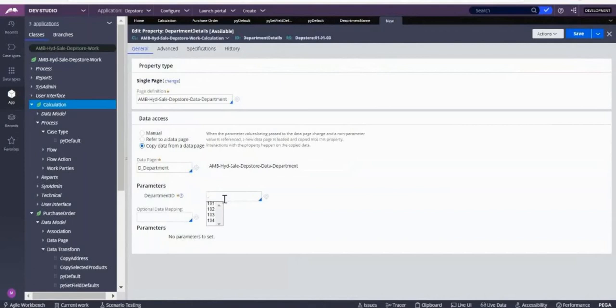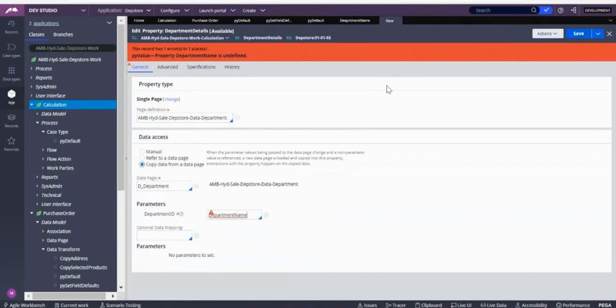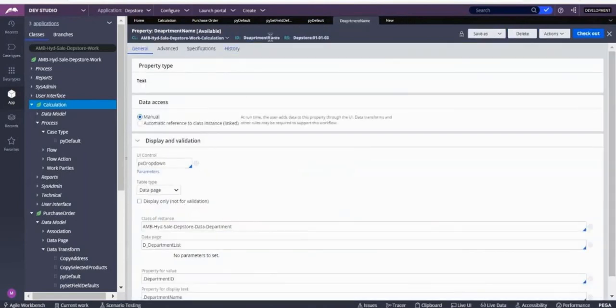So I have my property, right? That property I will use. What is my property name? Department name. If I give 101 here, what happens? Every time it will give me 101 only. So I don't want 101 always. I want to provide the property which I created now. So it is department name. Based on department name, it should give. Spelling I gave wrong. Okay, wrong spelling, that's why it is showing error.